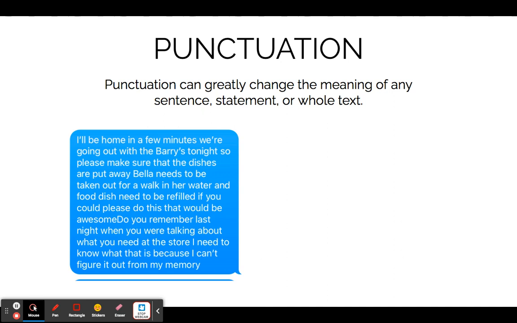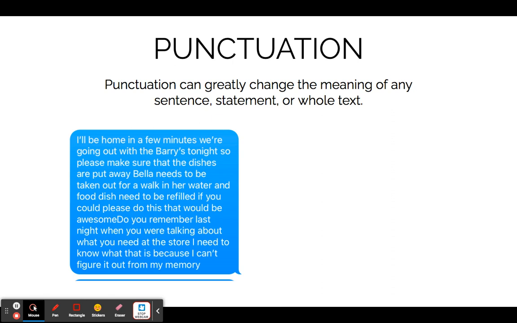I'll be home in a few minutes we're going out with the berries tonight so please make sure the dishes are put away Bella needs to be taken out for a walk and her water food dish need to be refilled if you could please do this that would be awesome do you remember last night when you were talking about what you need at the store I need to know what it is because I can't figure it out from my memory